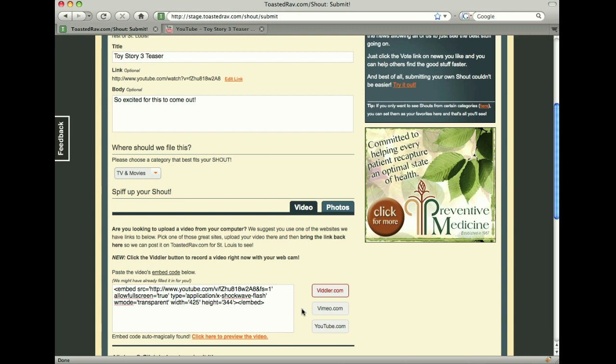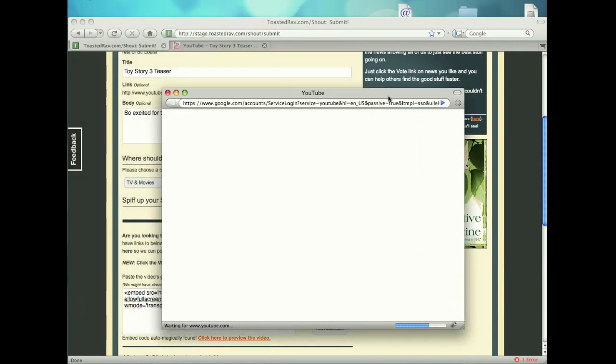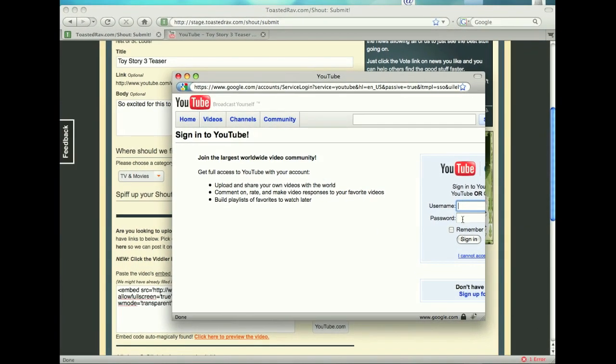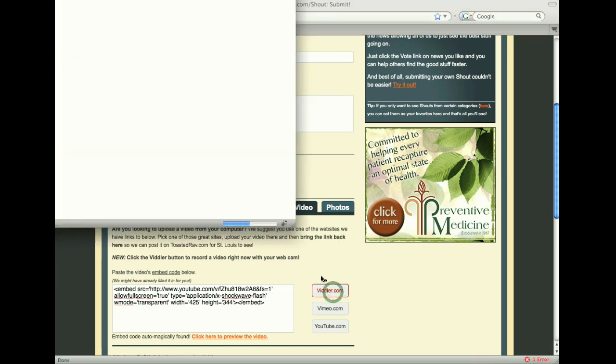Now, if we didn't want to use that, we could go to YouTube separately here with this, and we can pull this window down. And this will pull up YouTube for us, so we could sign in and find a video we wanted to. And the same with Vimeo and with Viddler. But Viddler has a little extra cool ability that if you have a webcam on your computer, you can actually click Viddler,